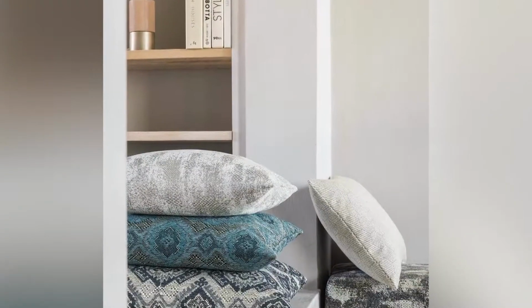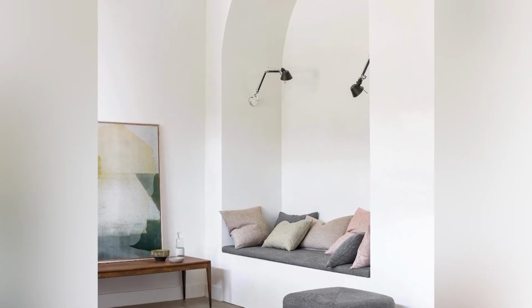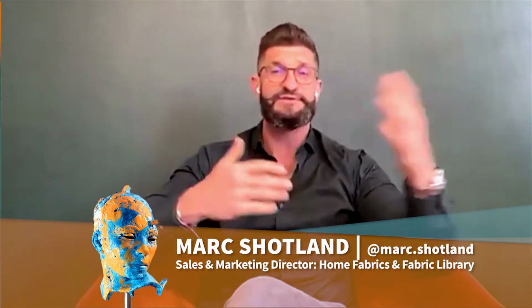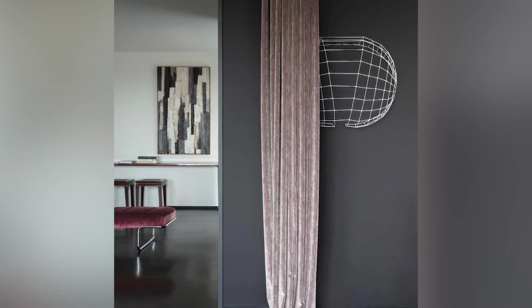If you want to get your buck to go further, I would upholster in a beautiful soft oatmeal color, all the neutral colors, grays, beiges, creams, whites. Scatter cushions are an incredible way of updating your home. You can buy incredible fabrics from us. Some of the bigger retailers have beautiful scatter cushions. You can change it from winter to summer to autumn to spring. And again, ready-made curtains. Curtains can sometimes cost you a little bit, but I think you can do a ready-made curtain in a beautiful soft linen for summer with a block out, and then something a little bit heavier, more full-bodied and robust for winter, just to keep the cold out. But by doing that, you can really give your whole